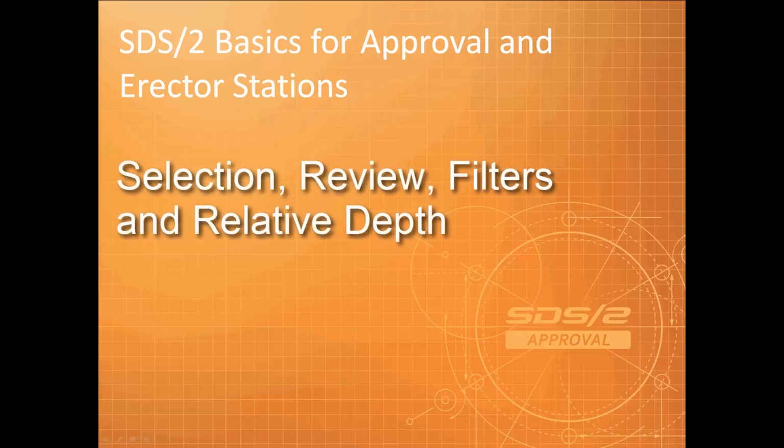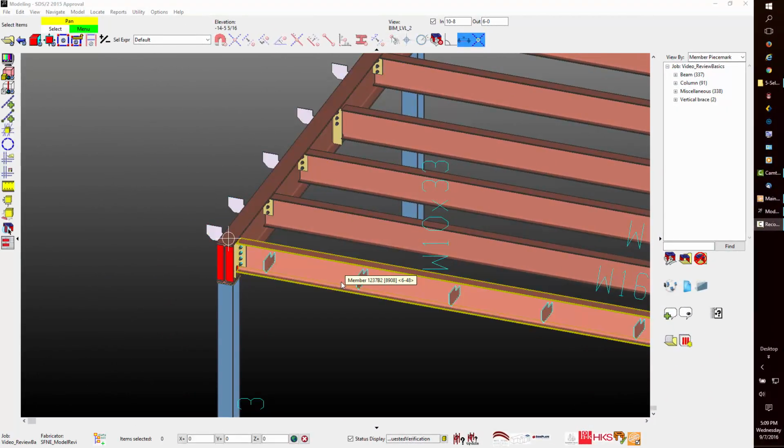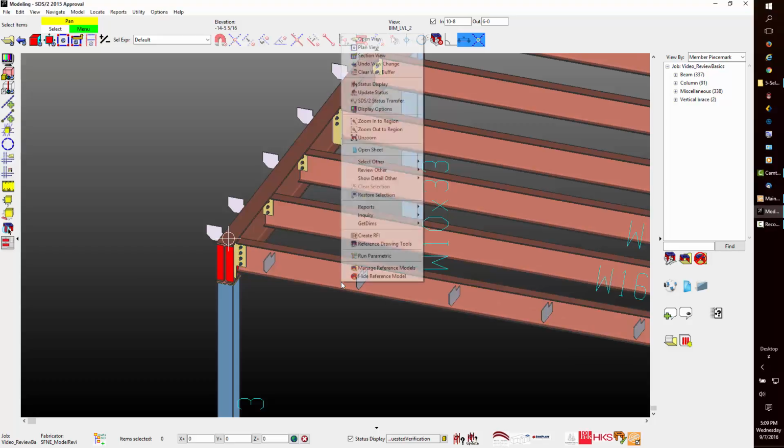Lesson 5 will dig deeper into the selection and review in conjunction with the use of filters. Also, the relative depth command will be added to the mix. I will now begin with the right-click menu. You have the right-click option to select items and then review, or you can use the right-click to go directly